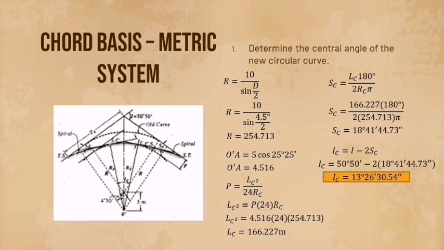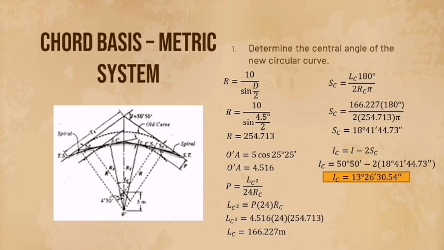So LC ulit nang hinahanap, ilalabas ulit natin siya sa formula para siya makita natin. So it will be LC squared is equals to P 24 by RC. So substitute the given or the value. It will be LC squared is equals to 4.516 24 and 254.713, which is the R. And after computing that, you will get the LC is equals to